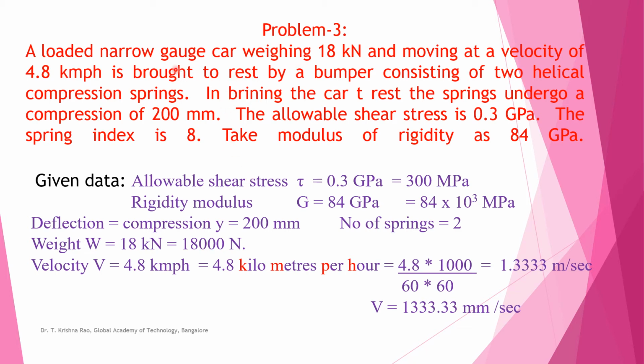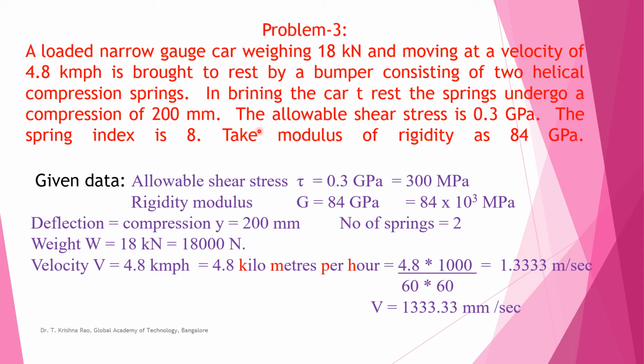So here we have got a railway car whose weight is given and velocity is given. This weight and velocity will give us what is known as kinetic energy. Kinetic energy is half m v square. That energy is stored by the spring. From that energy relation, we'll try to find the force here. Afterwards, the 7 steps of design are very much the same.